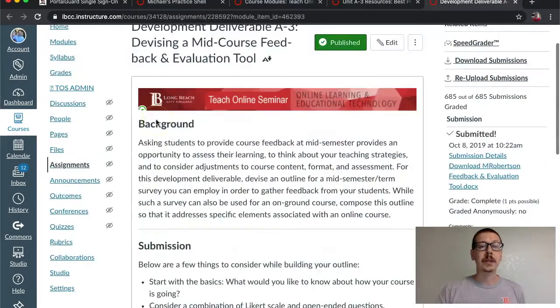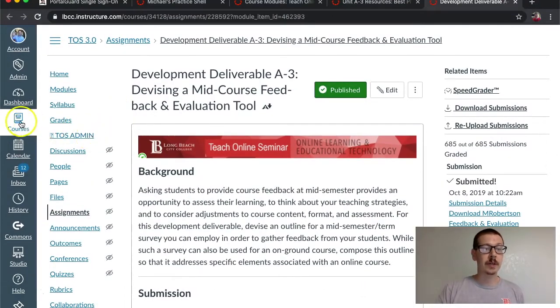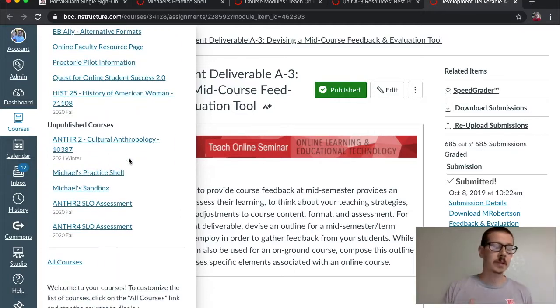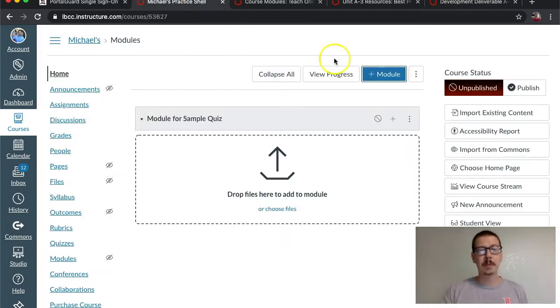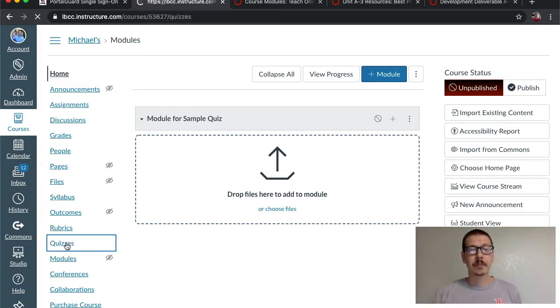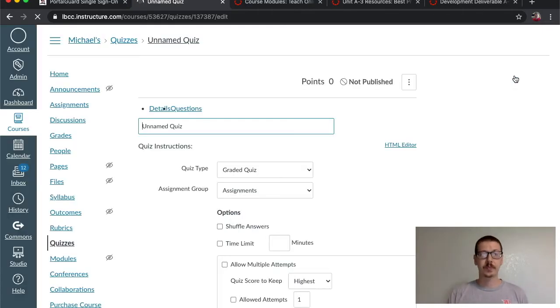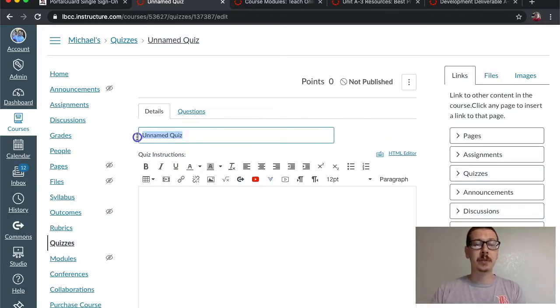What we're going to do is go over to a class that we wish to create the mid-semester feedback survey in. And for my purposes today of demonstration, I'm just doing this in an empty class. So to do that, I have an empty module, but I'm going to go over to quizzes in my navigation. And I'm going to create a brand new quiz. And I'm going to give this a meaningful title. I'm going to do something like